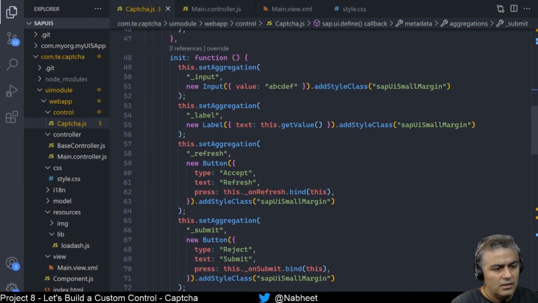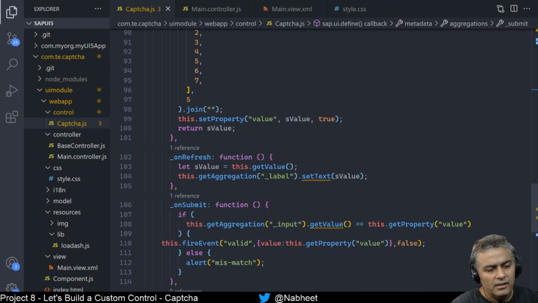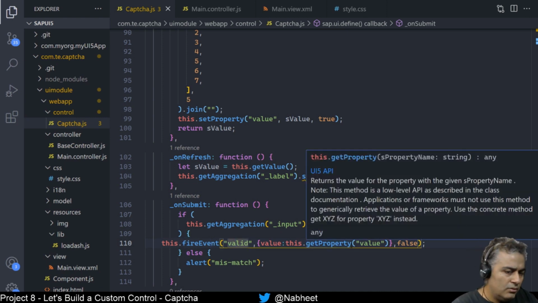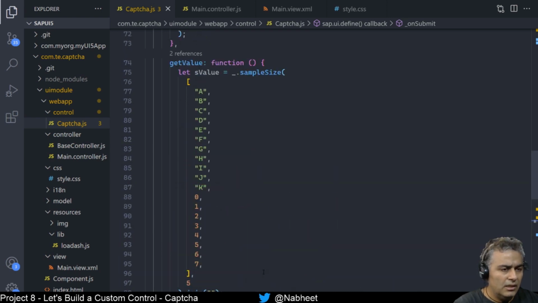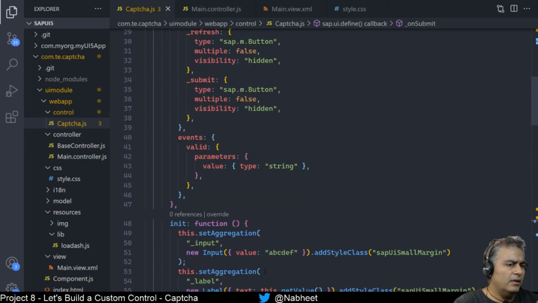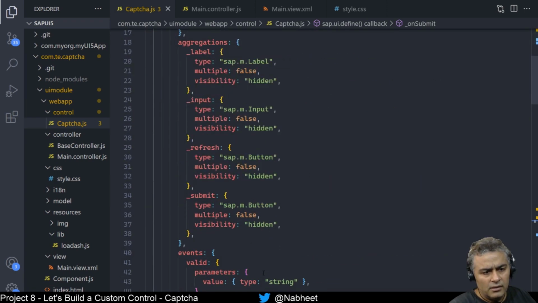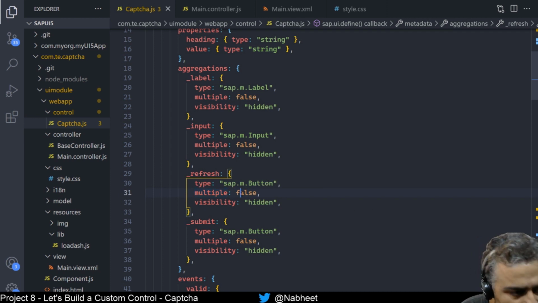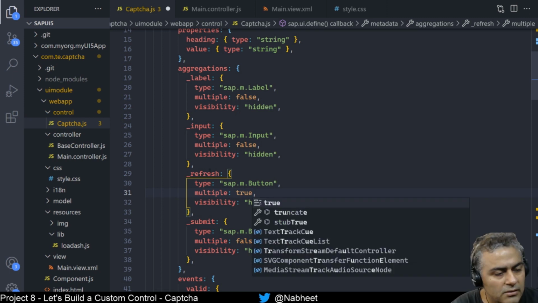But in our case, when there is a valid captcha, I'm just firing an event using a general fire event method and passing the event name and the values, right? So that's what we have done so far. Now, one thing which is pending, which I said I will cover at the end, is regarding this multiple one, right? So for example, if I say this multiple as true,